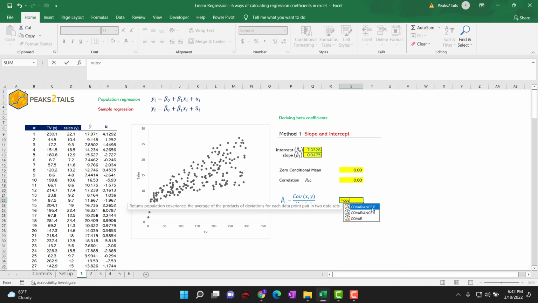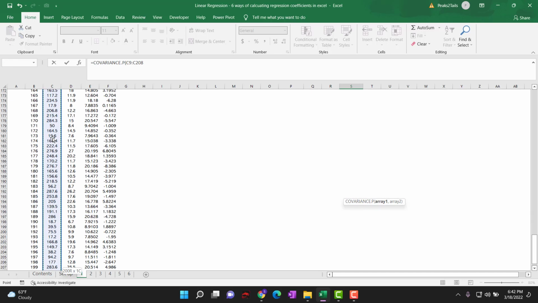Now here you can use the population covariance or the sample covariance, doesn't matter. The only thing you have to ensure is that you are using the same version for the variance in the denominator as well. It means if I use population covariance in the numerator, I'll use the population variance in the denominator as well. So covariance between x and y